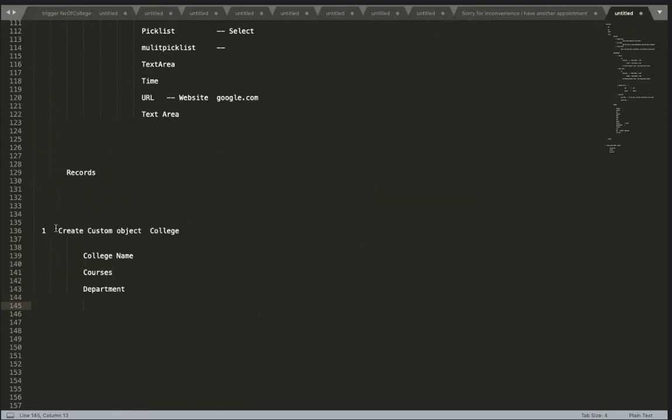Number of students, number of teachers, lectures, fee. What else? College ID. College can have an ID, right? Yes, college ID, then the student ID. The student concept we can talk about later as one more specialized object. For now, you can think of it as only college oriented.